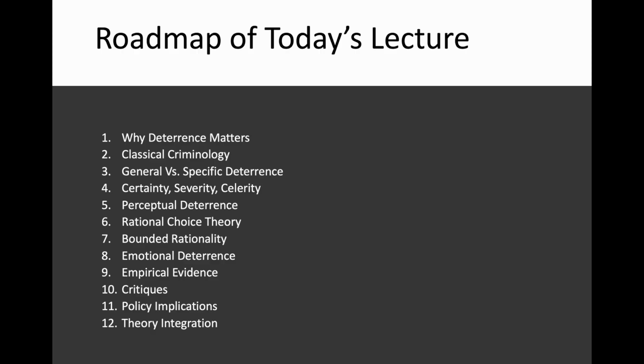Tenth, we'll be examining major critiques of deterrence theory, including causal order problems, endogeneity, measurement problems, inequality, and the limits of rationality. Eleventh, I'll be moving more into policy implications. And finally, I'll be ending with theory integration. So how does deterrence and rational choice connect to strain theory, social learning theory, control theory, life course theory, and more modern criminological thinking? I think the structure is going to help me out with my comprehensive exam, and a good exam answer definitely needs to do more than just define the theory. So I'm really going to be trying to explain the theory here, evaluate it, compare it to other theories, and then discuss its implications.